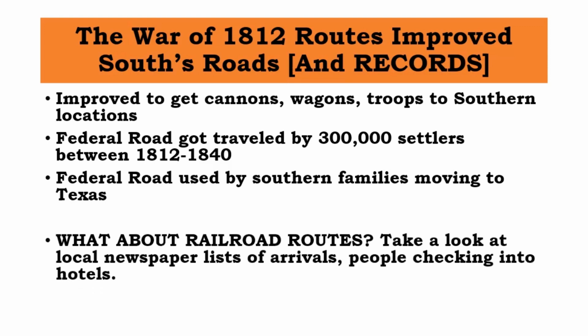So what about railroad routes? You need to start looking at railroads by 1820. You need to take a look at local newspaper lists of arrivals in the early years, at least from about 1820 to 1840. And the further you go west, the more likely you are to see those newspaper lists of arrivals. If you were in Helena, Montana, or you were in Missoula, or you were out in Spokane,